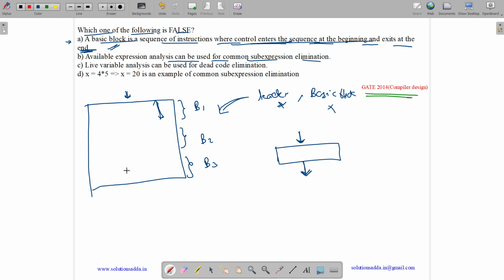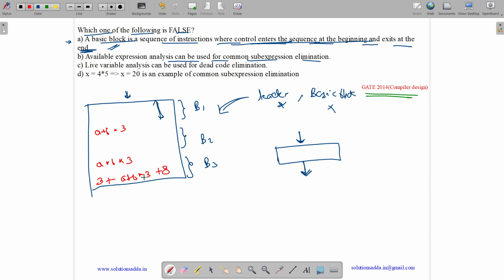So what is available expression analysis? Suppose we have a code with certain expressions. Let us suppose we have a plus b into 3 over here, and over here also a plus b into 3, and here 3 plus a plus b into 3 plus 8, something like this.